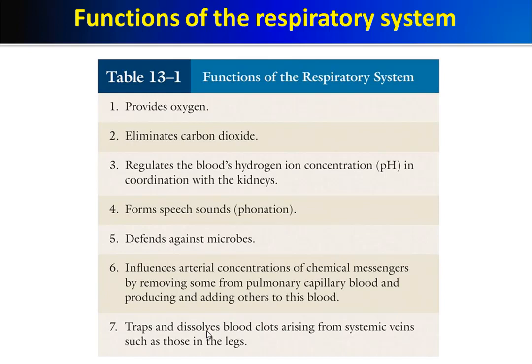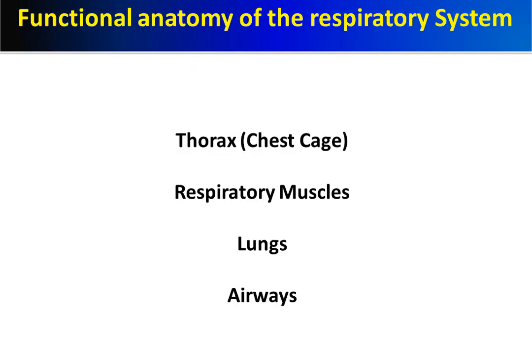So if we sit for a long time, or if we sleep for a long time, people who are bedridden and who sit for a long time might develop some clots in the deep veins of their legs, and these clots might move, and they go to the right atrium, then the right ventricle, and then move along the blood into the pulmonary trunk and the right and left pulmonary arteries. But while moving through the pulmonary capillaries, they get trapped and dissolved.